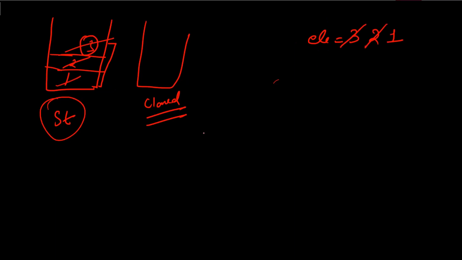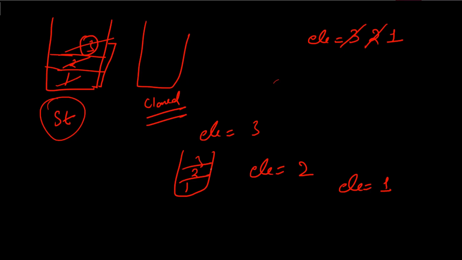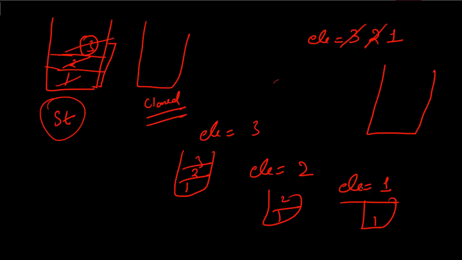You can see in the first scenario le value became 3, then le value became 2, then le value became 1. In the first the stack was 1 2 3, then it became 1 2, and then it became 1, right? As the base condition is met, where there are no more elements remaining in the stack to process, we'll be returning. On returning, we'll be pushing the value present in le currently. As of now the value present in our le variable is 1, so push it into our cloned stack, right?